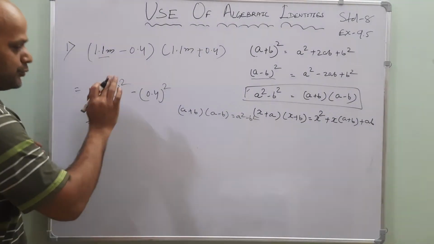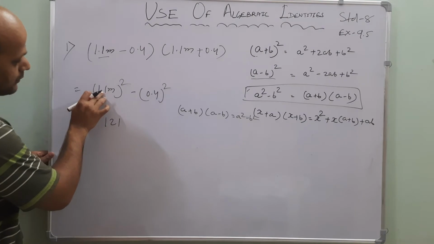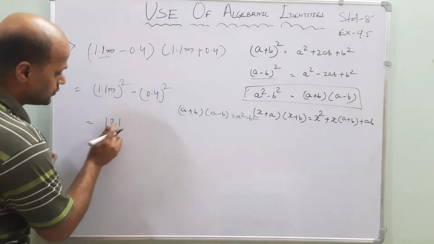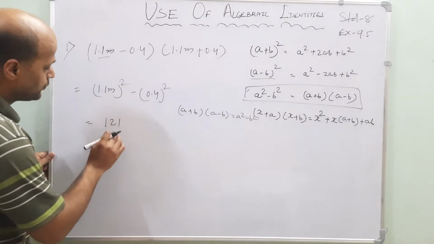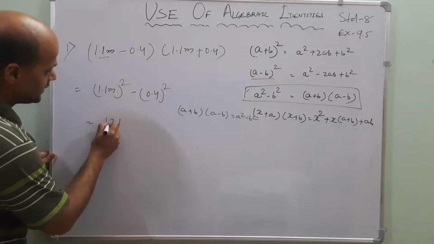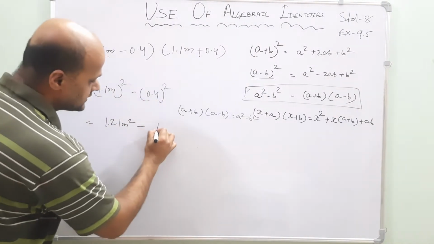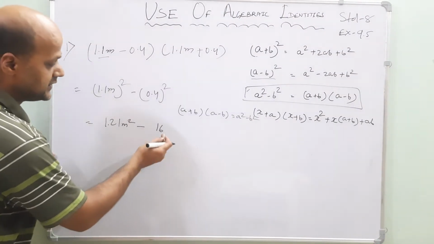Forget about the decimal. 11 square is 121. After the decimal there is 1 digit, but because it is multiplied, after the decimal there will be 2 digits, which means before two numbers you have to put the decimal. 1, 2, put decimal here. m square minus again 4 4s are 16. After the decimal 1 digit, so you have to go for the doubling of the digits.